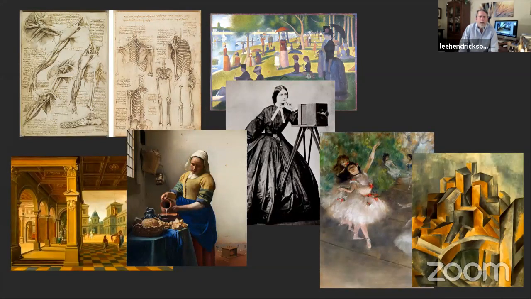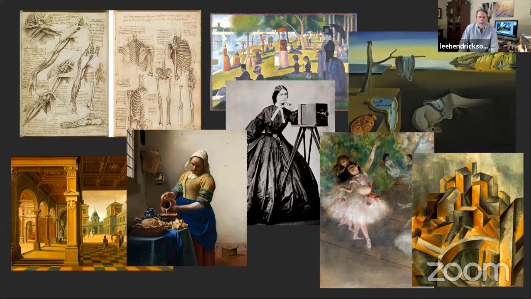Cubism has connections to Einstein and his theory of general relativity, space-time. The Surrealists worked with the conscious and the subconscious, which is very Freudian, and that was around the same time, in the early 20th century, in the 1900s. So